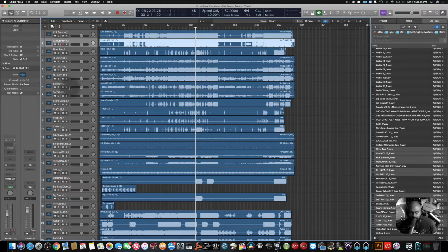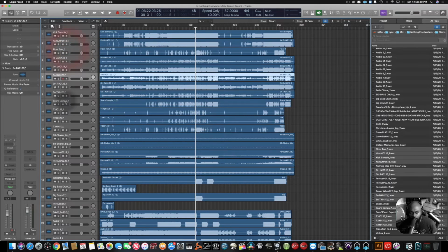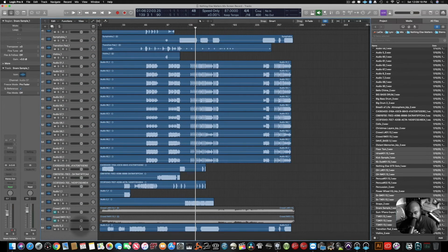And the other thing is I mix things in priority, from kind of most important to least important, kind of, sort of, and then backwards. So the most important things are on the outer side of the spectrum. Drums and lead vocal are the most important. That's why they're the very outer. And then percussion and background vocals are on the inside of that. So you see drums here, lead vocals here. So outer,